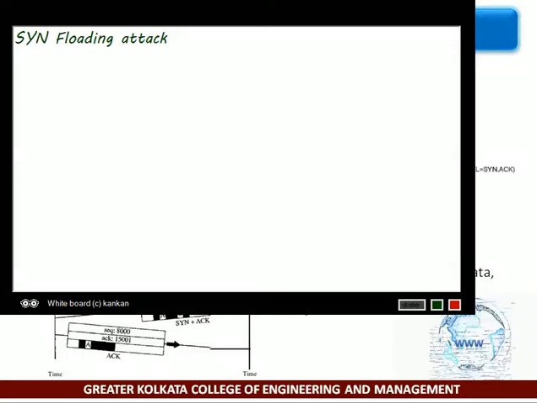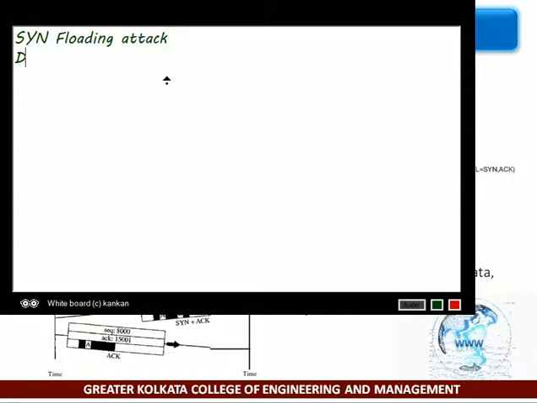The server, assuming that the clients are issuing an active open, allocates the necessary resources. At that moment, it sends SYN plus ACK segments to the fake clients, which are lost. During this time, however, a lot of resources are occupied without being used. If during this short time the number of SYN segments is large, the server eventually runs out of resources and may crash. This flooding attack belongs to a type of security attack known as a denial of service attack.